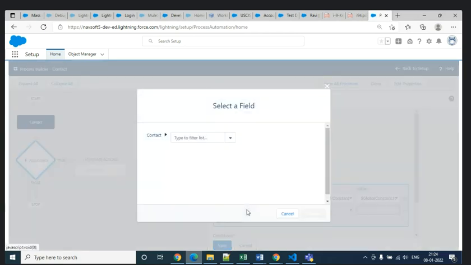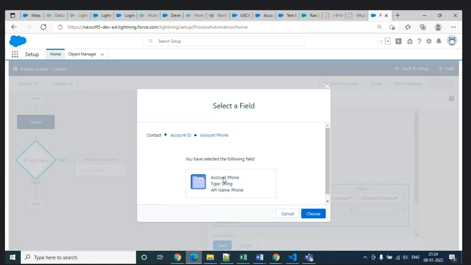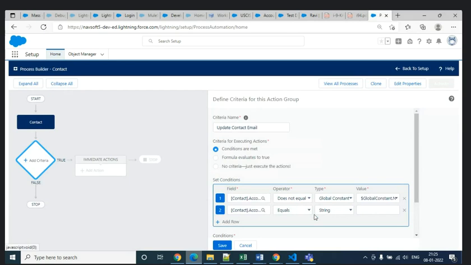Again, account ID is there. Also email. Email I'm not able to find. Can I find the phone? Account phone. Okay, consider change that email field as account field. Since we need to create a custom field rather than to do custom field on operations, try to go for the phone. Phone also should not be some value.